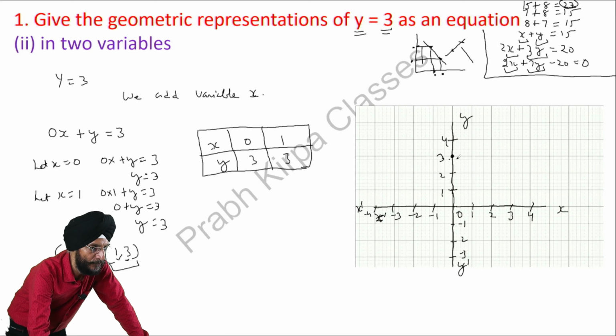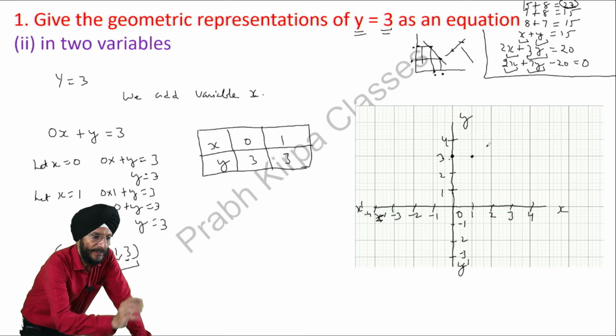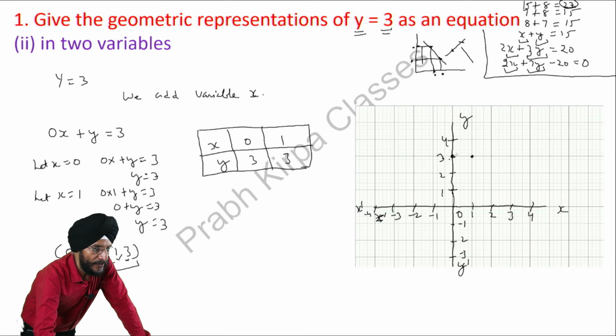Here it is the first point where x is 0, y is 3. Now what is the next solution? Value of x is 1 and value of y is 3, that is at this point x and y values meet. So when we join these 2 points, it will be like this one,